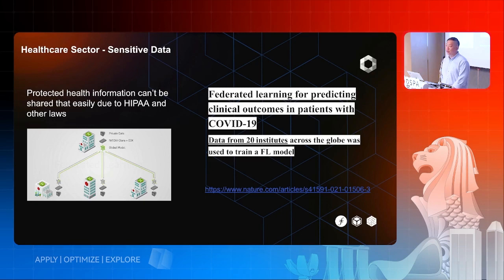I'm not sure Australia has that law, but if you're in Indonesia next year, this is not going to work. It's illegal. Right now in Asia, there's only data sovereignty for most financial institutions.